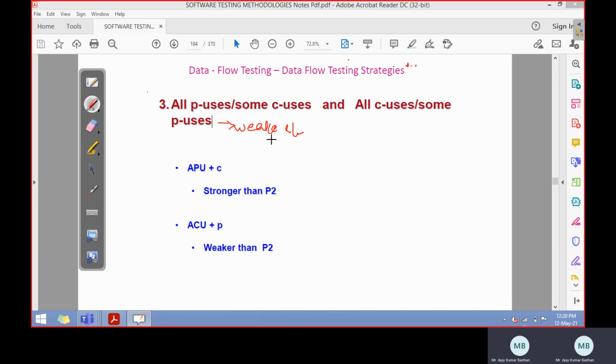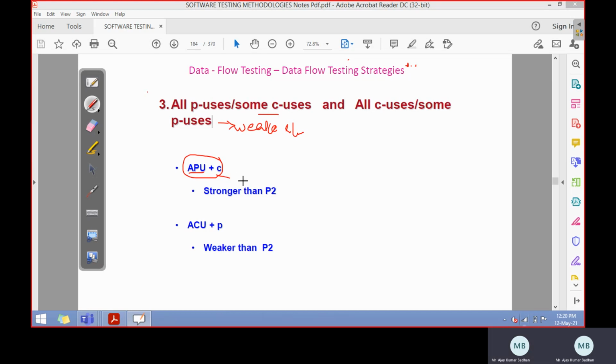The main reason it is called weak here is because we are discussing this particular all p users some c cases. Now, this will be getting the information from something called as a p-use plus c-use, isn't it? All p users and some c users, this is the one we are using.